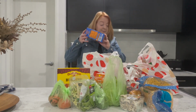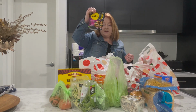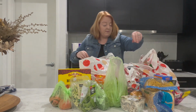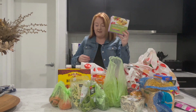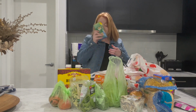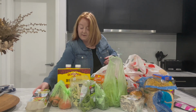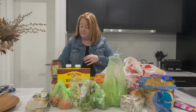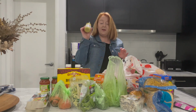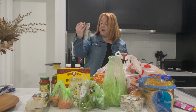some triple butter popcorn, two teriyaki chicken recipe bases, some cordial, some fruit bars, tuna, eggs, bolognese pasta sauce, Dijon mustard, some Thai green curry recipe bases,